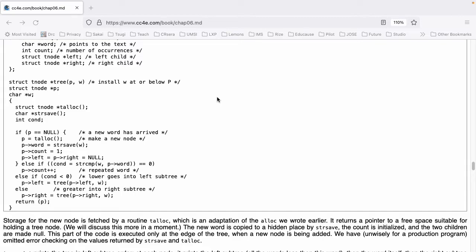} else if ((cond = strcmp(w, p->word)) == 0) p->count++; Indicate that we've seen the word one more time. else if (cond < 0) Lower will go into the left part of the tree. p->left = tree(p->left, w); else p->right = tree(p->right, w); return (p); }